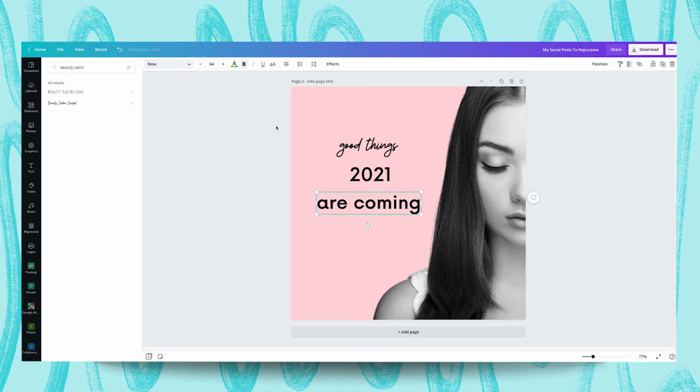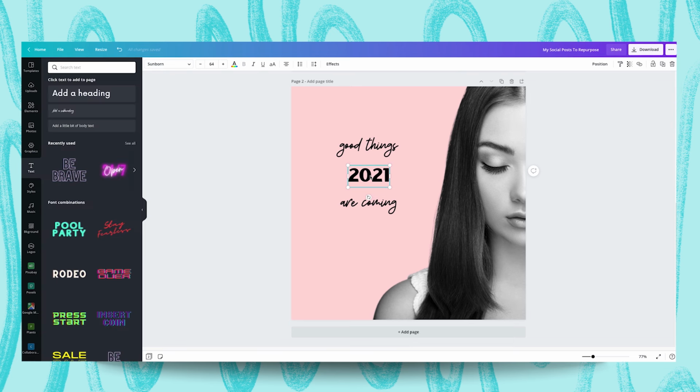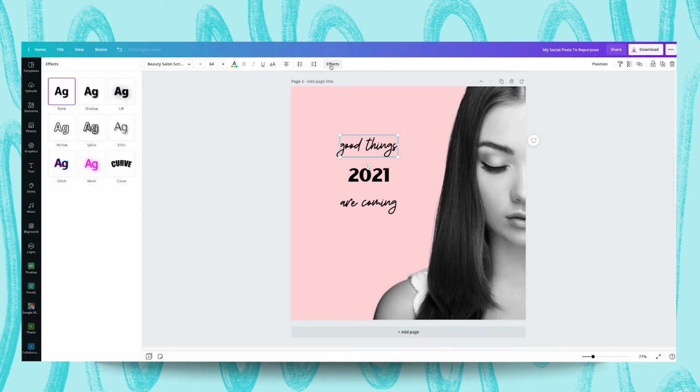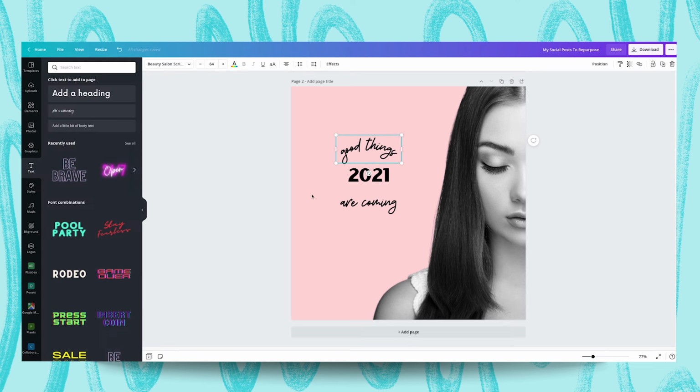And the same for the one below. Terrific. And for this middle text, we want something capitalized and strong. I think the font Sunborn will do that quite well. Perfect. I think we can improve this even further. So let's use a little bit of curved text up here and down here. First things first, head to effects. Let's go to curve. And for this, I think we'll go for something a bit more subtle. So maybe like around there. Yeah, that works well. And then for below,